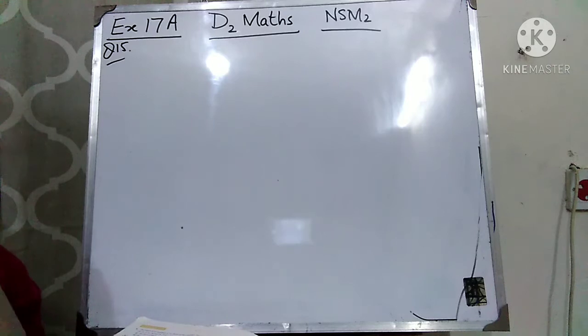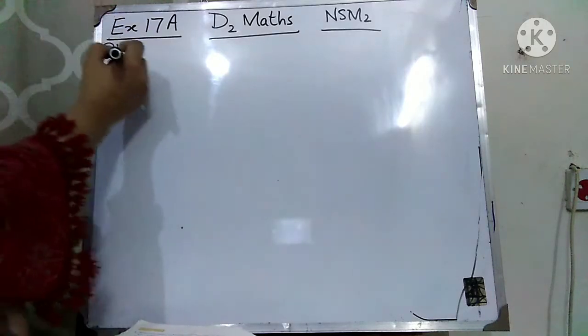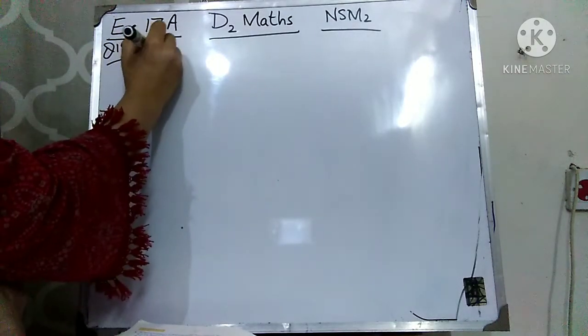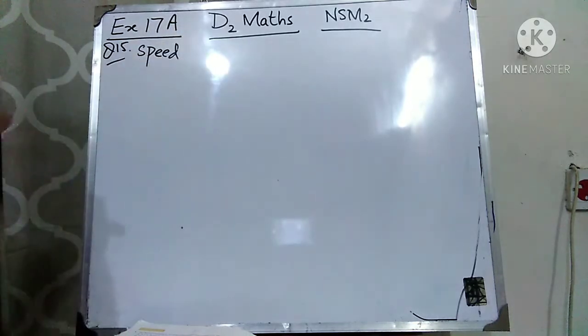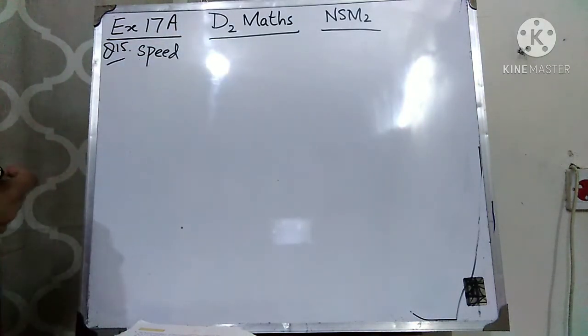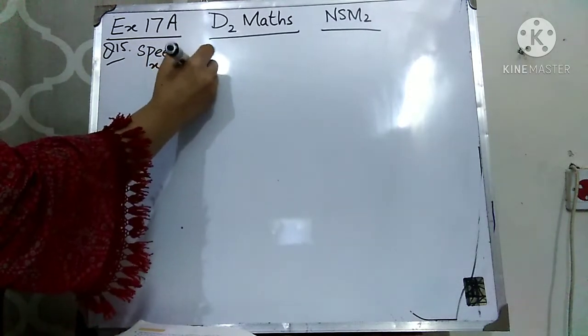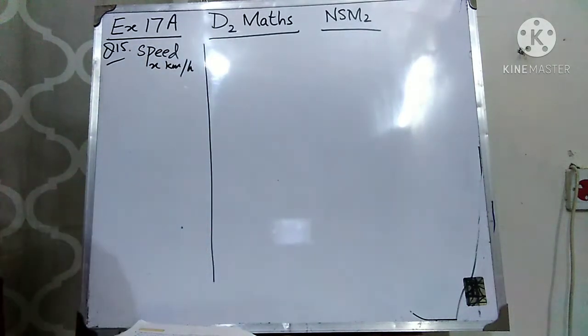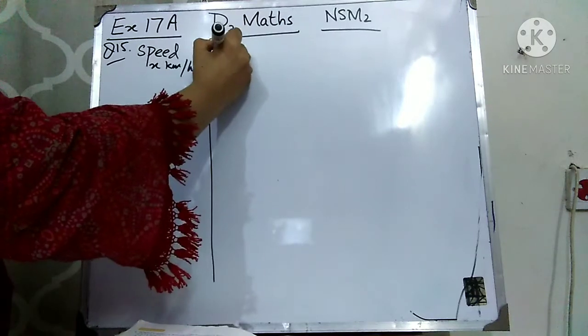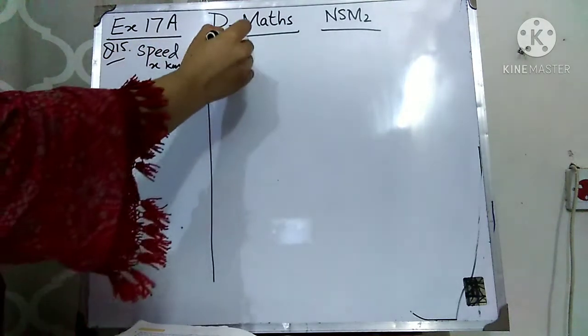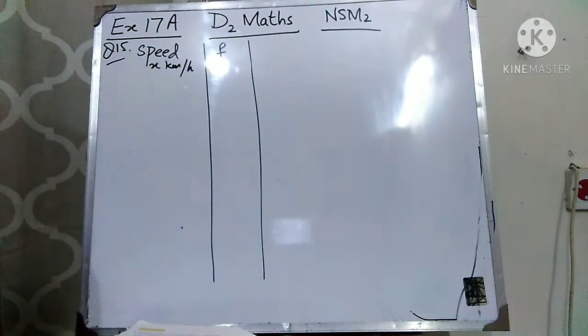So here first draw the table which is given in your book, in which the speed is given. It's given in kilometer per hour, so you can write this is basically x. Speed is given in the form of x and it is kilometer per hour. Number of vehicles are given, students. This is the frequency. Number of vehicles is the frequency, and basically speed are the values. So you have to find out the mean.